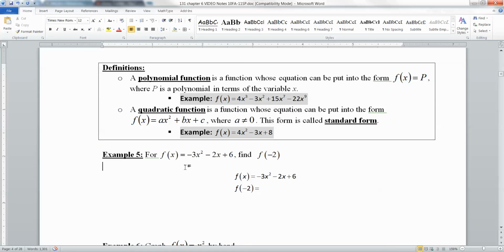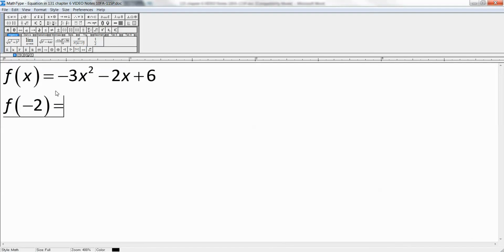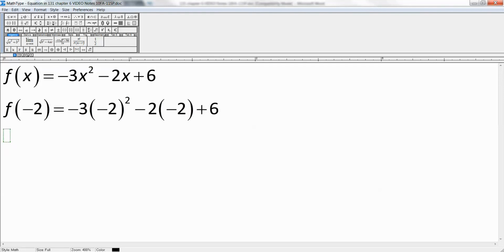All right, so I have a polynomial function here. It's a very special one. It's a quadratic one, right? See how it's squared? And they want us to find f of negative 2. Okay, so I rewrote it. Here's f of x. I'm going to find f of negative 2. So I'm going to write negative 3, but instead of writing x, I write negative 2 squared minus 2 times negative 2 plus 6. Okay, so that's equal to,